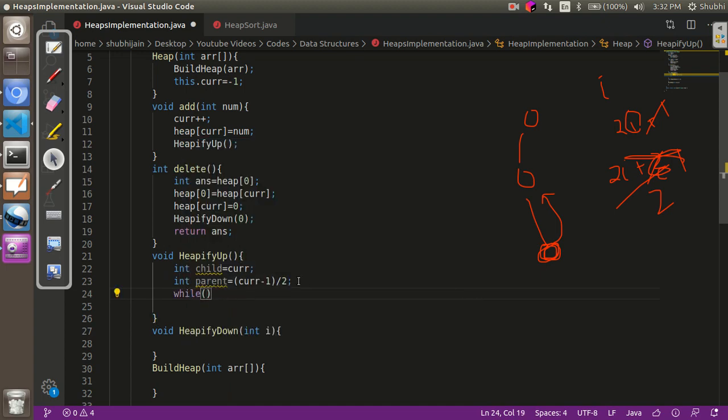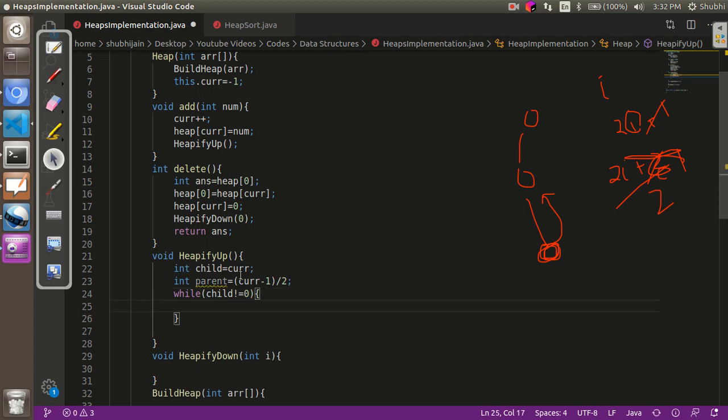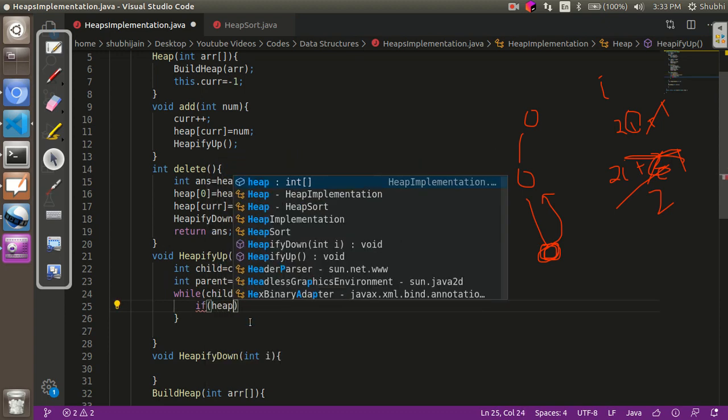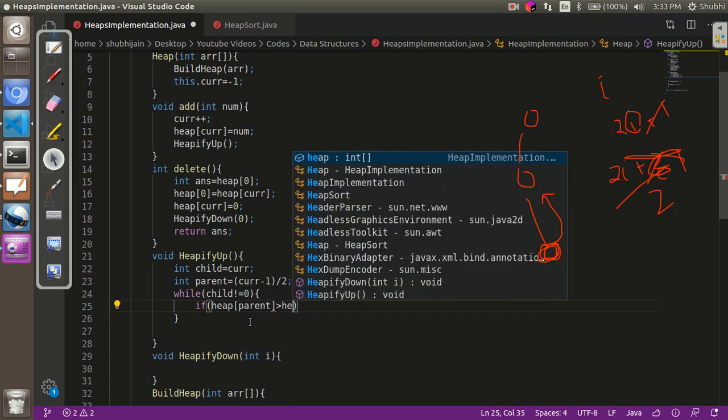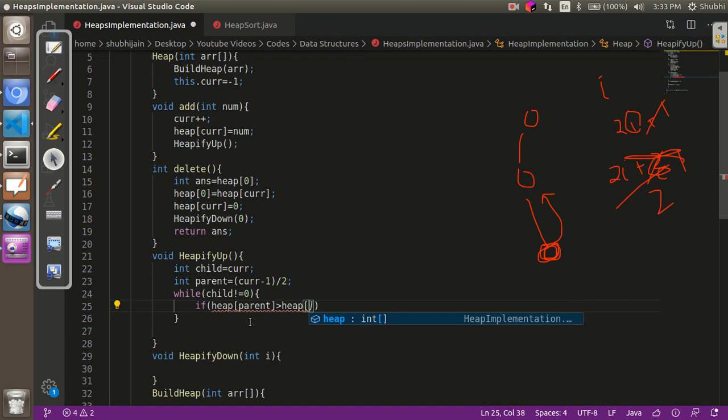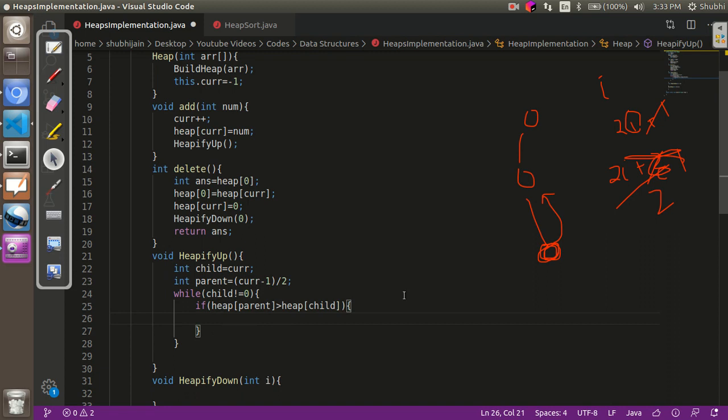So while my child is not equal to 0, if the element at the parent is greater than the element at the child, this means that in a min heap this is a wrong pairing, so we have to swap these two. So we'll just perform swap at the index parent and index child.